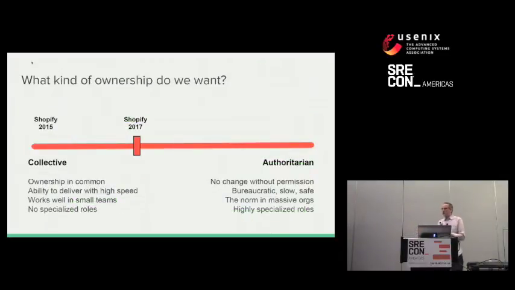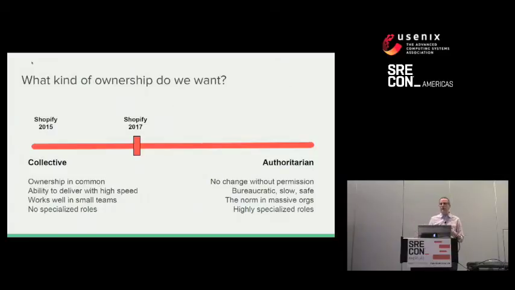So we really thought about this carefully because there's a lot of... if you think of ownership of software as a spectrum, where you have this collective ownership on the far left, like the startup world of everyone just jumps in and does whatever they need to get done. And then at the far end, the authoritarian kind of model that you tend to see in large organizations, where it's very strictly defined who can touch this thing, and you probably can't even see the source code for it if you're not on that team, that kind of thing.